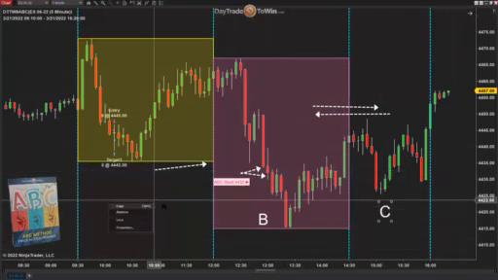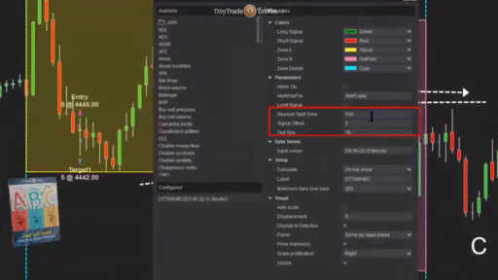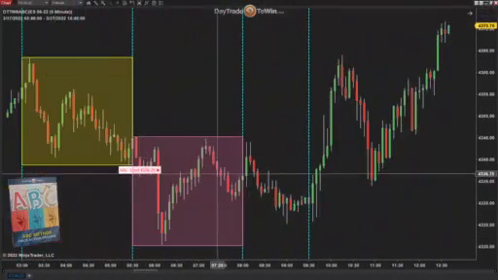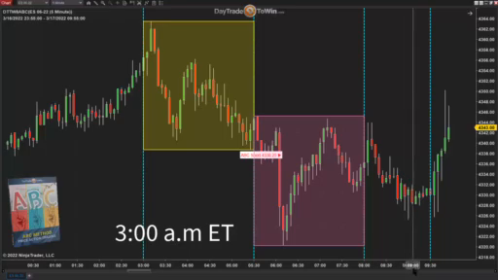Now I'm going to switch this and look at the overnight. Instead of starting it at my time at 9:30 New York time, I'm going to start it at 3 o'clock in the morning, 3 a.m., which is London time, 8 o'clock locally in England, in London, the London Exchange open. So here we have an example of the market. Now remember, this is 3 o'clock in the morning, 8 o'clock locally in England, the London Exchange open.